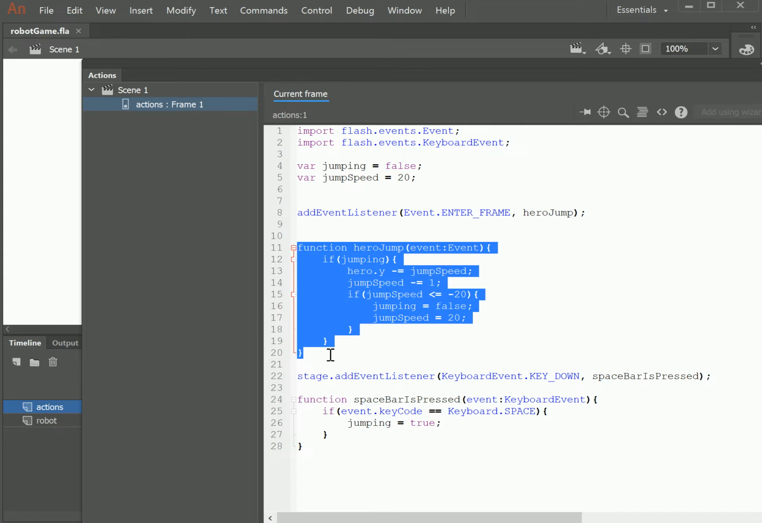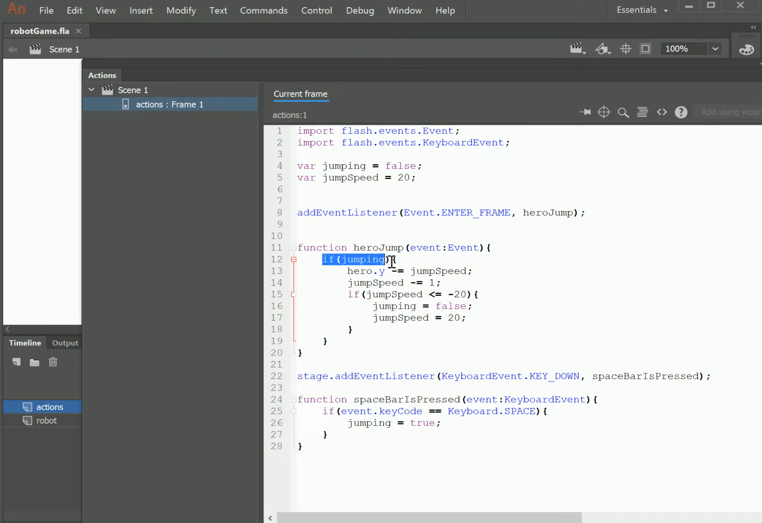What the function's doing is it's looping through to see if hero's jumping. Right here, it's checking to see if he's jumping. If he's jumping, the jump speed gets minused by 1. But before that, his y coordinate gets minused by the jump speed. And essentially, to fix this, I don't want to take too much time on the video, but you change this